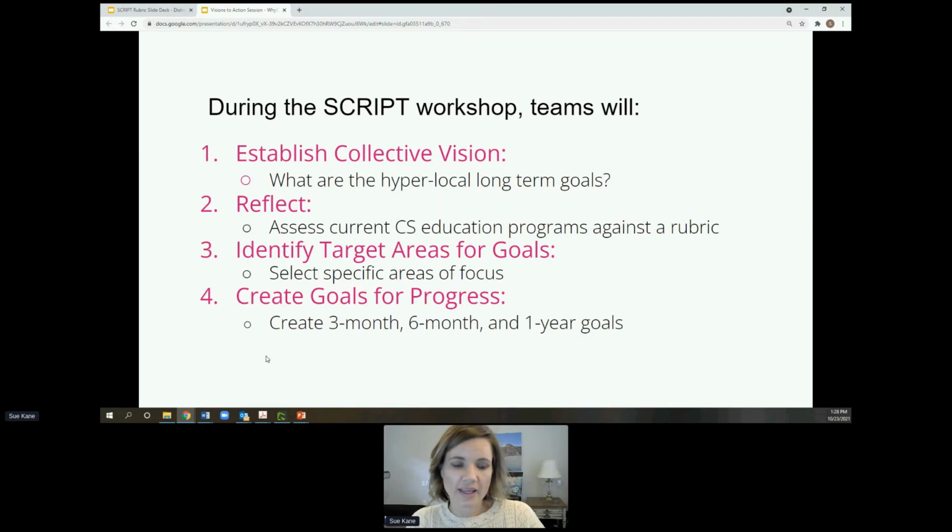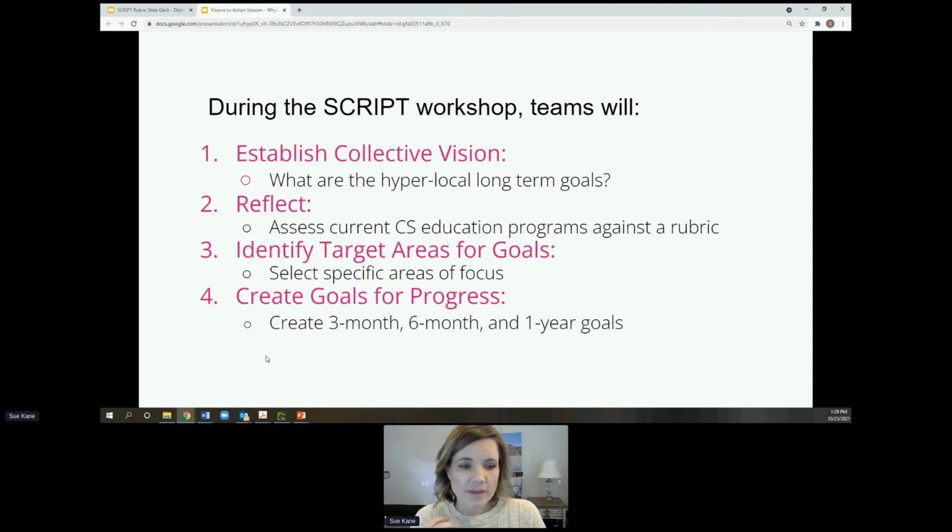All students can do whatever it is that you want to empower them to be able to do through CS education. And then you go through a cycle of reflecting on where you currently are. There's a really incredible rubric. We're going to take a look at that here in just a second. There are actually 5 rubrics that give you an ability to say, here's where we are, and here's where we want to be. And then you can actually chart out the specific steps that you're going to need to take to be able to get there.